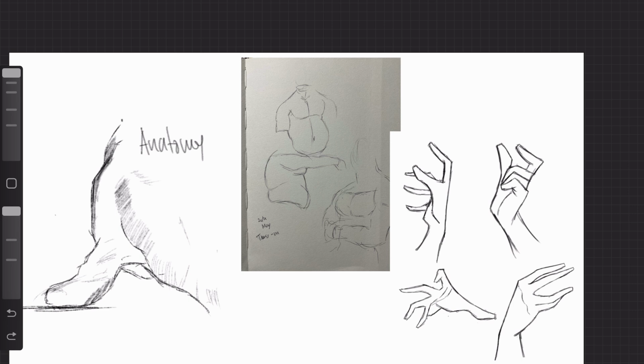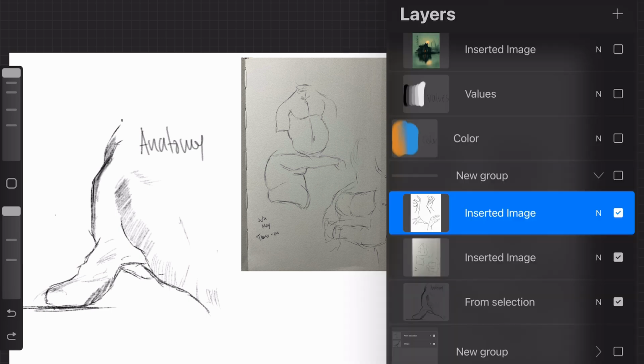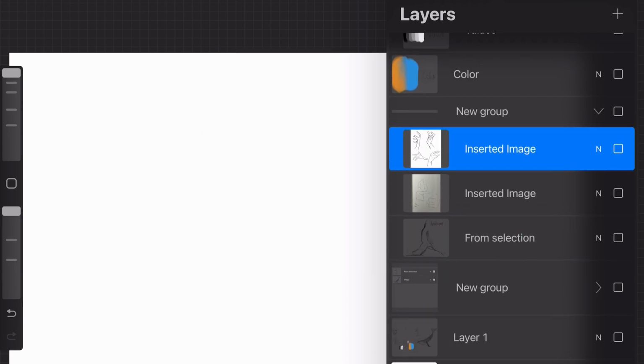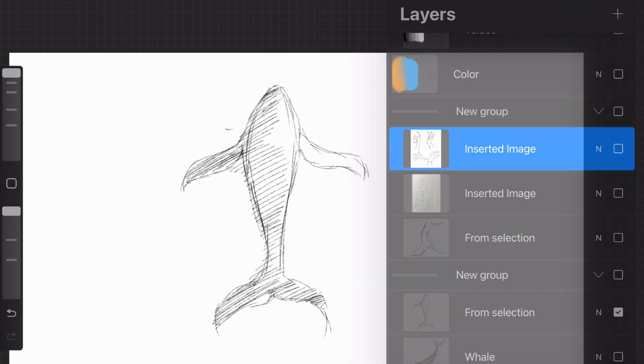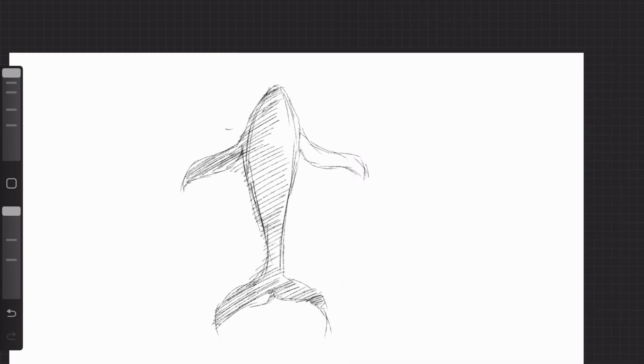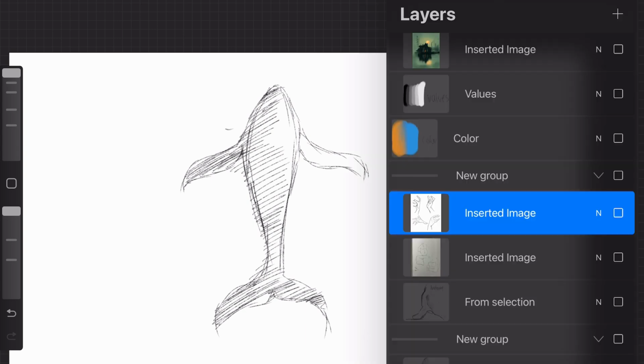So mistake number 2, that was mistake number 1. It has taken too long, but anyway, mistake number 2 is drawing too soon from my imagination, and connected to that is mistake number 3, which is not using references. So here, I tried drawing a humpback whale from imagination. I went with a top view because, again, I was going off my head. Eventually what I did is I drew